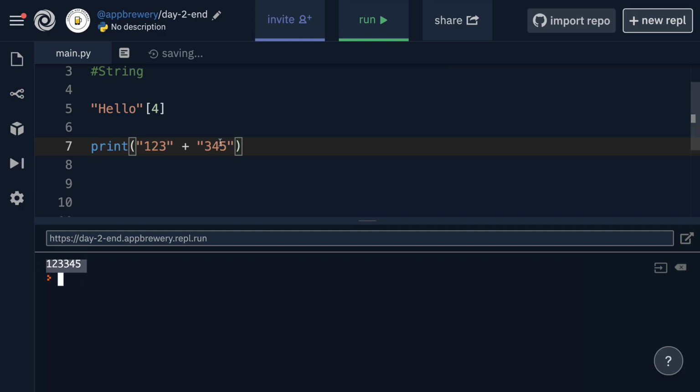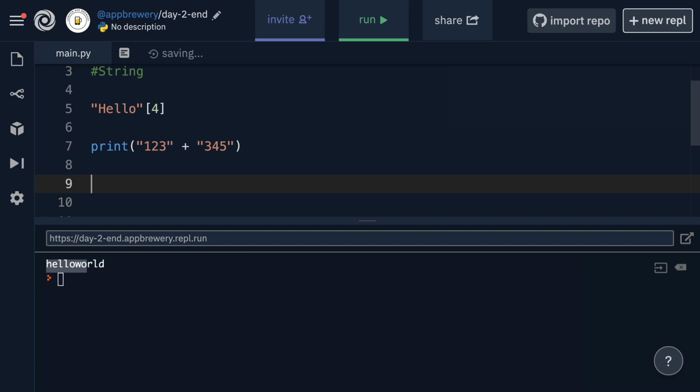So it's basically just concatenated these two strings together, just as we have done with other strings like hello and world, right? Because it sees the data type of these two pieces of data as strings, when we use the plus sign, it will actually just concatenate these two things instead of doing a mathematical operation.